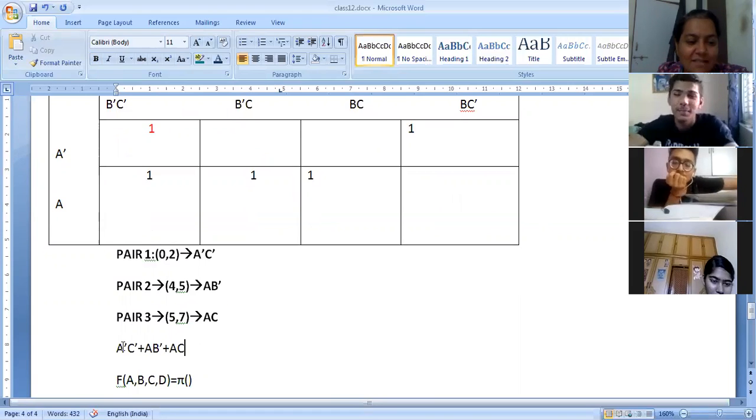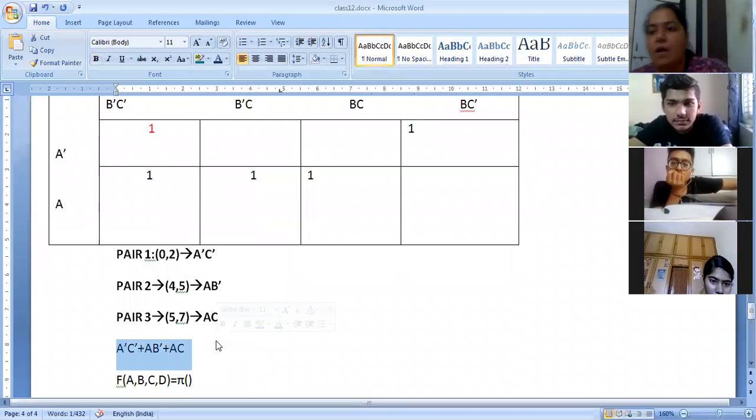Okay. So the answer is this. My answer is A B bar. This is SOP, sum of products. We have less than 1 minute, so we can be disconnected at any time. So solve at least one question at home from the exercise. There is a question, Madam. Page number 57, we can simplify.